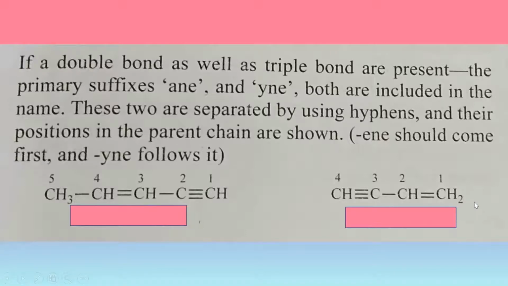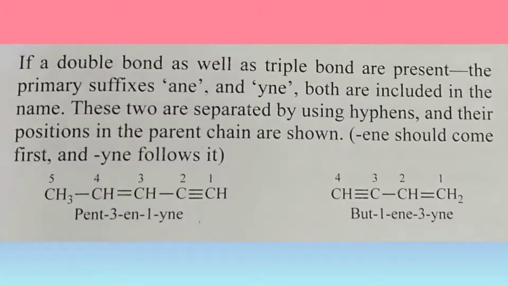Now coming to our second example here, you can see that the double and triple bonds are present in the extremes. And when the naming happens in this case, we all know that the double bond is given more priority than the triple bond. So these are the two important, very well-known and confusing cases that they give us. Please remember that if the double bond and triple bond are not present in the extreme positions of the carbon chain, the triple bond is given more priority when compared to the double bond. And if they are present in the extremes of the compound, that time the double bond is given more priority than the triple bond.